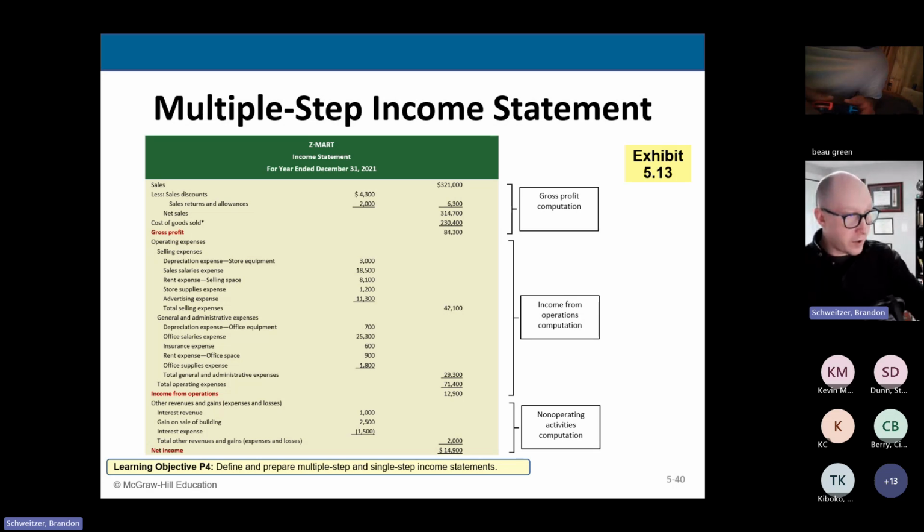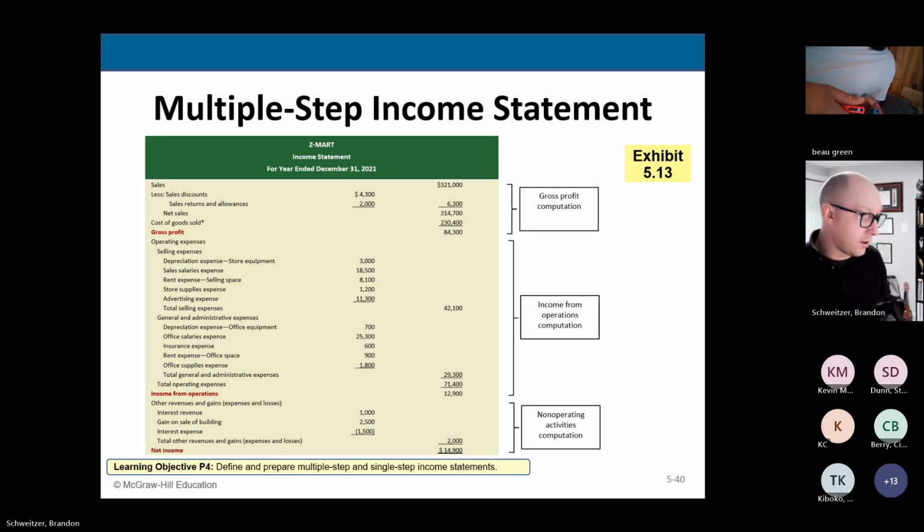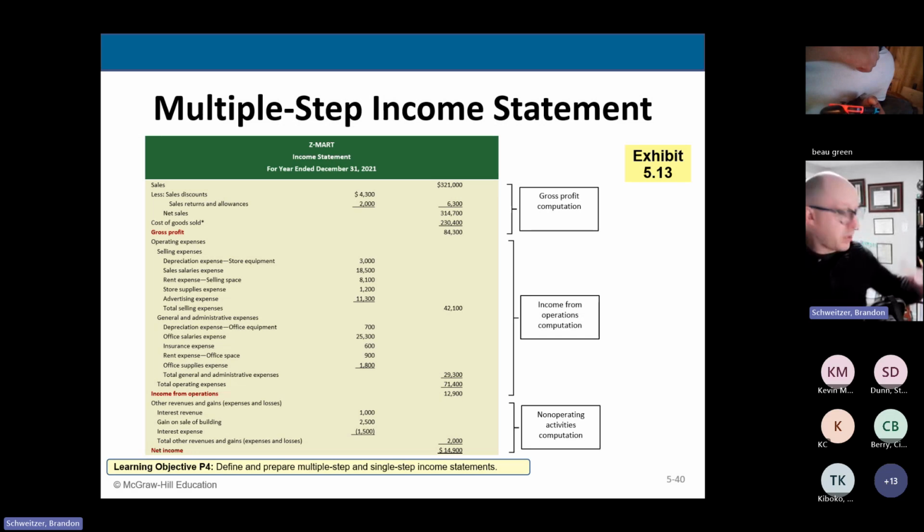So that's the second step, right? All the operating expenses. Then the third and last step is I have my income from operations, I have my non-operating activities. These are things like interest, taxes, gains from sale of assets, etc. All those kind of random accounts. So we take our income from operations minus our total other revenues and gains or losses equals net income. Again, we call it a multi-step income statement because there's multiple steps to creating this income statement,